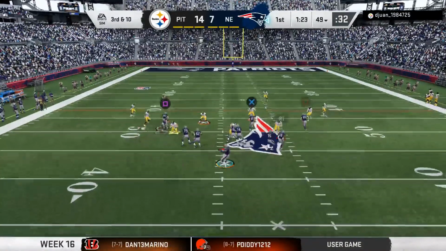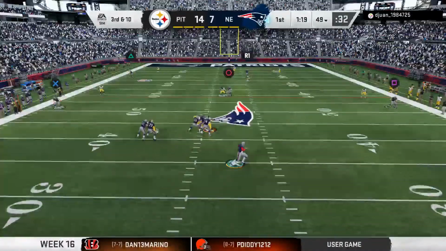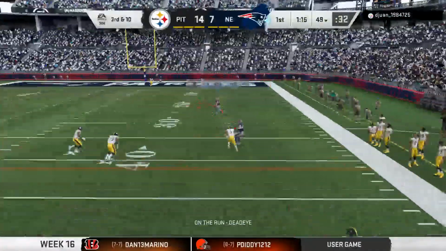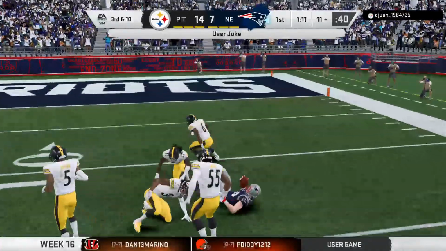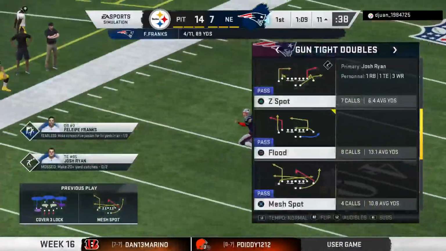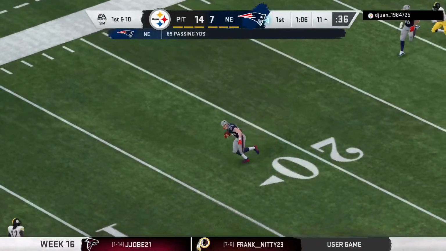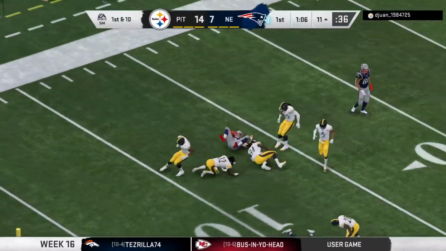I think you're right. Looking to throw. Franks. Escaping the pressure right. Now he's going to send this one deep. And the defense loses him. It's complete. And he takes it down deep into Pittsburgh territory. A big play there for New England. 41 yards. First and 10 at the